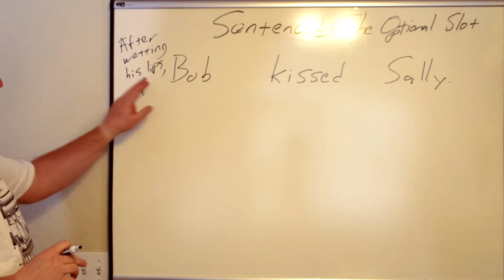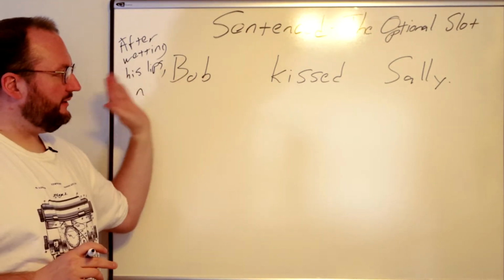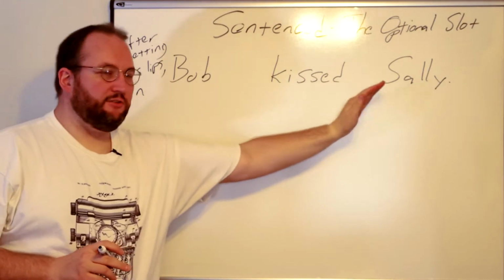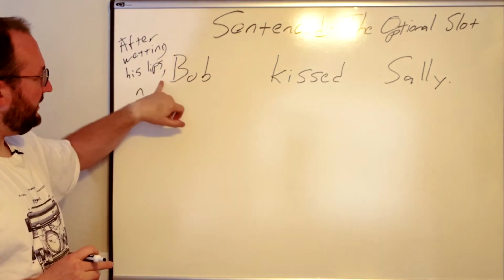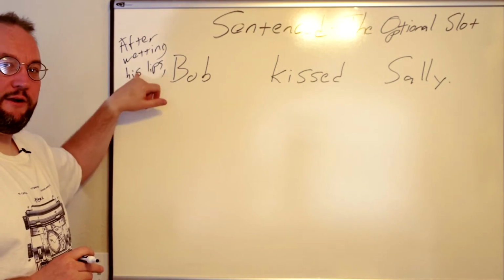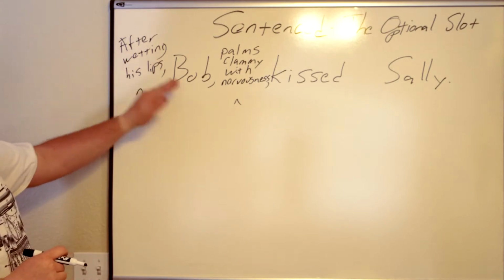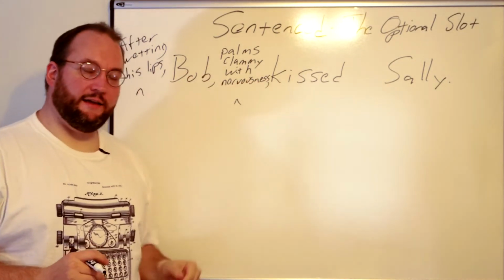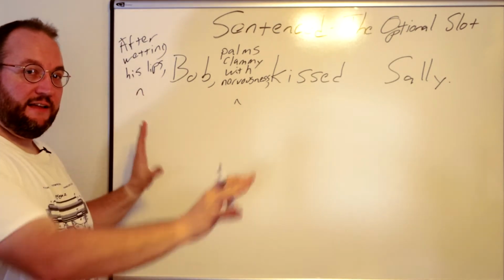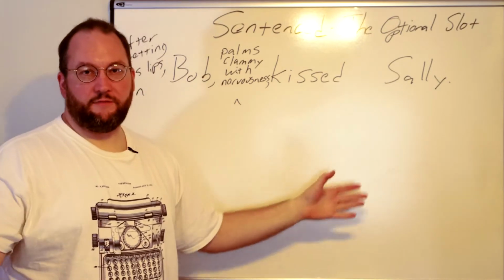After wetting his lips, comma, Bob kissed Sally. One thing about the optional slot is that any time you're going to put something into it, you need to separate it with commas. So this is going in front of Bob. We only need 1 comma there because it's separating the optional slot content from the subject. After wetting his lips, Bob, palms clammy with nervousness, kissed Sally. Already we have a significantly better sentence because instead of just Bob kissed Sally, very boring, very statement of fact,